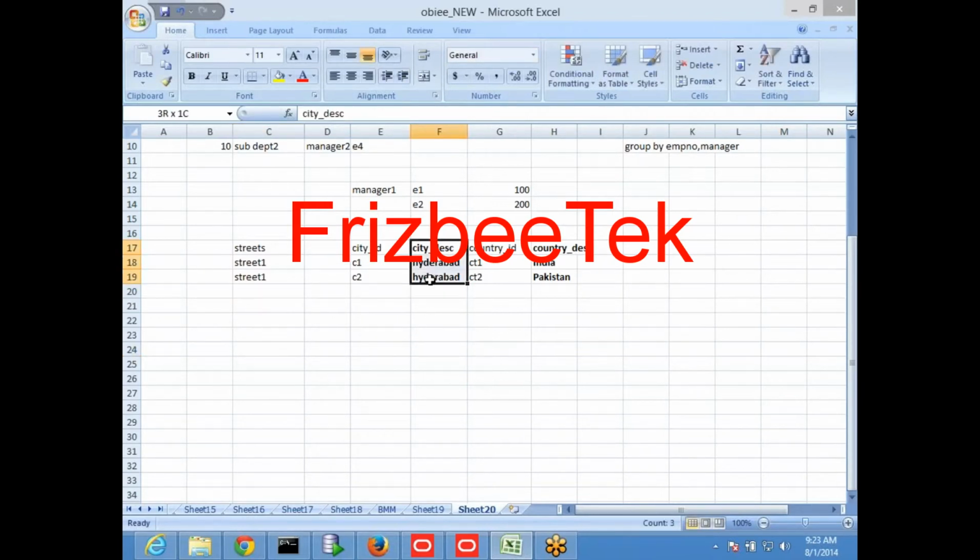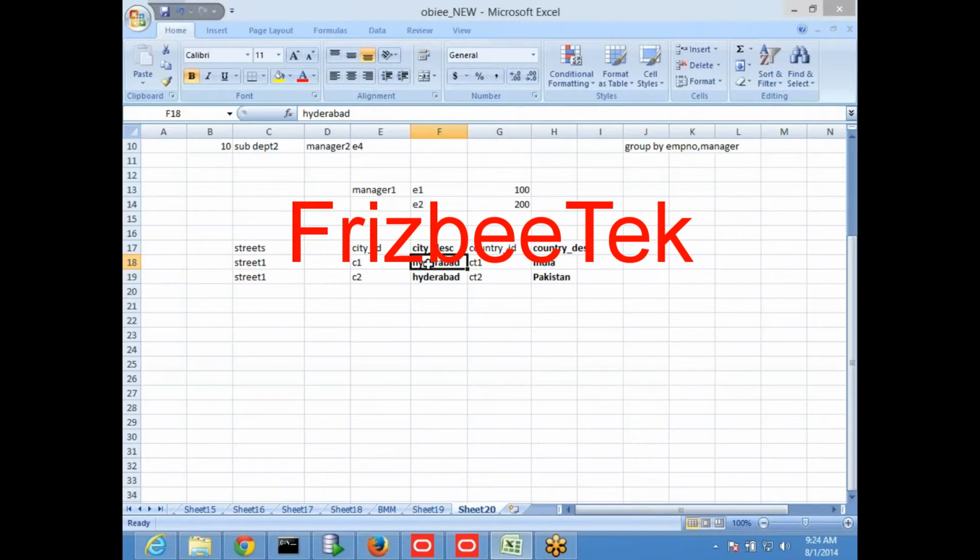When I click this Hyderabad column, the city description column, I have two values, two Hyderabads.